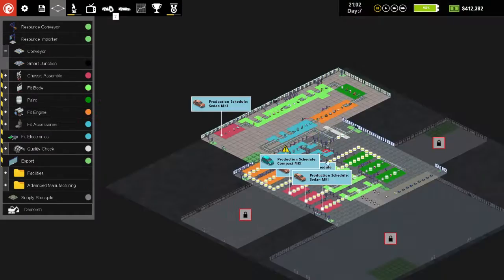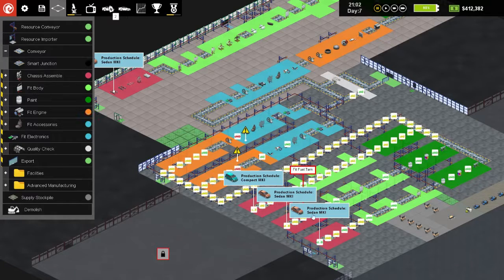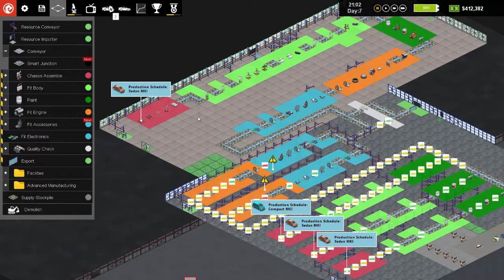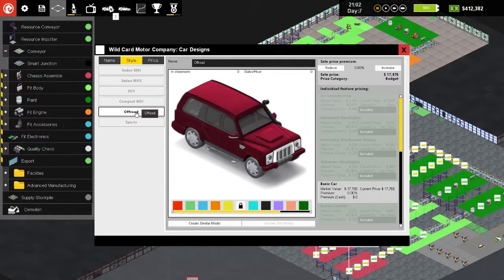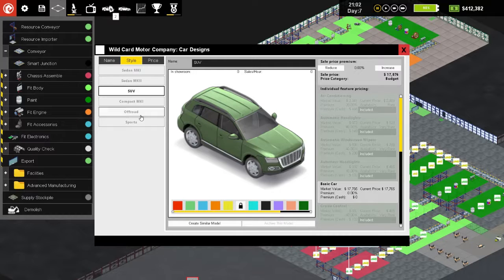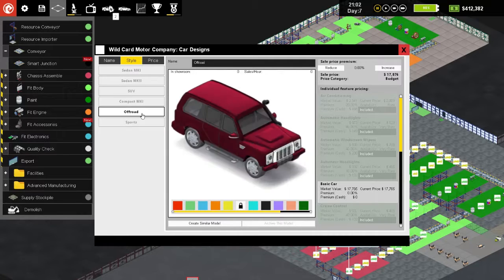We have our starter production line, which is bringing out our Mark 1 sedans and our compacts. And over here, we are going to run a new car. We are going to run, in fact, we're going to run 2 cars. We're going to run our SUV and our off-roader. Should we do our off-roader, or should we do...